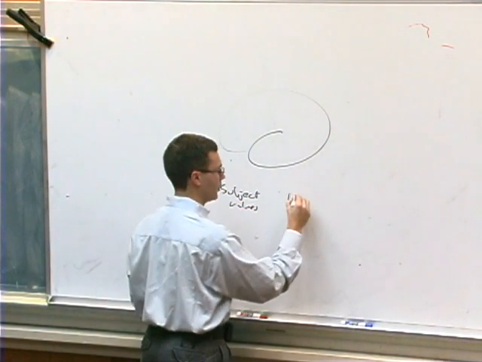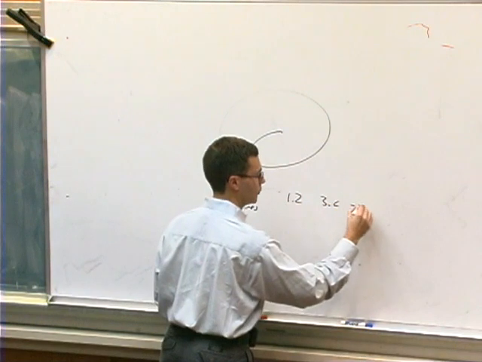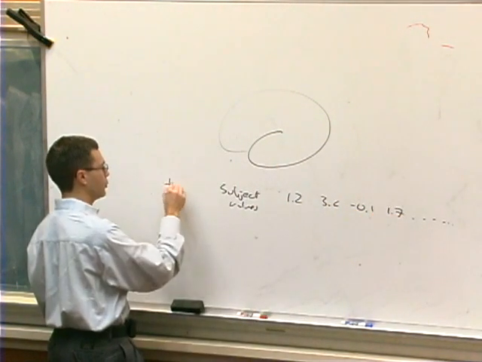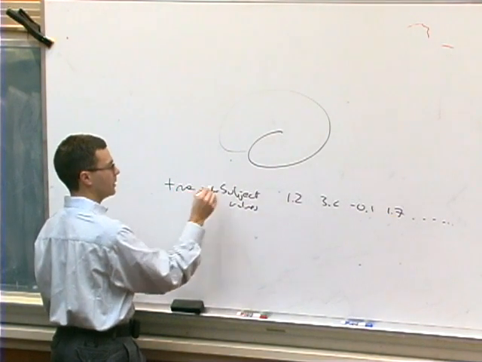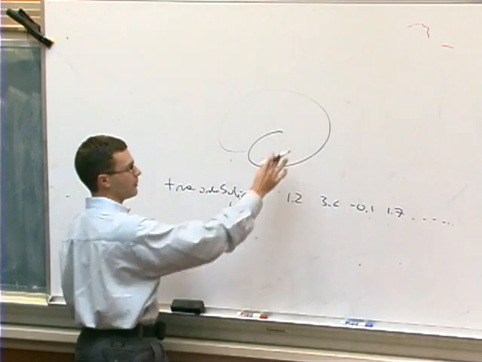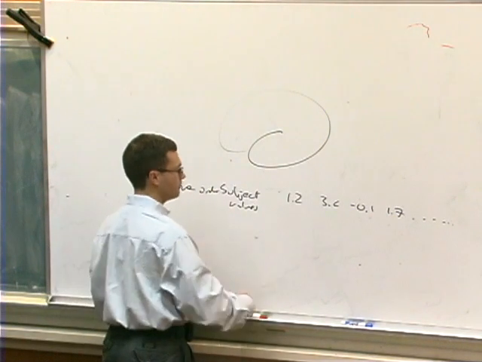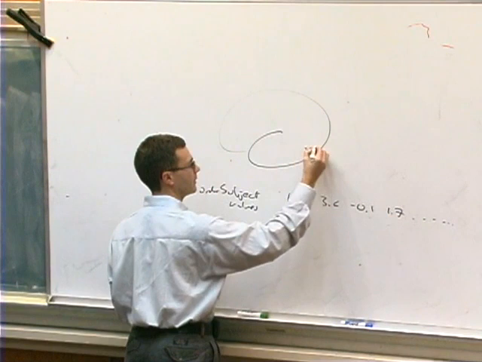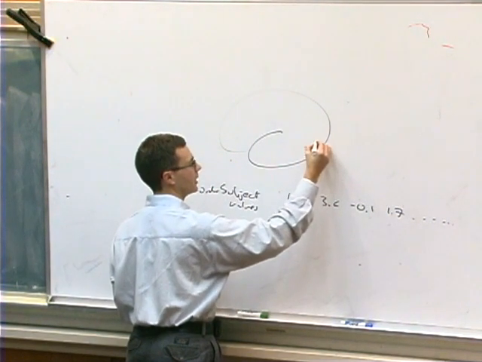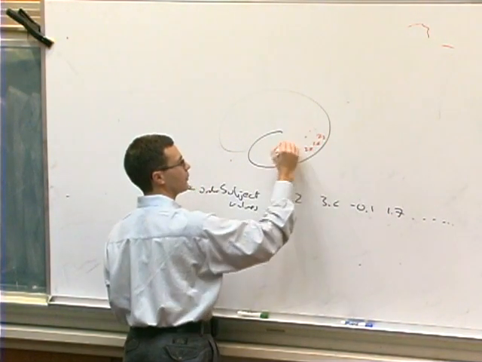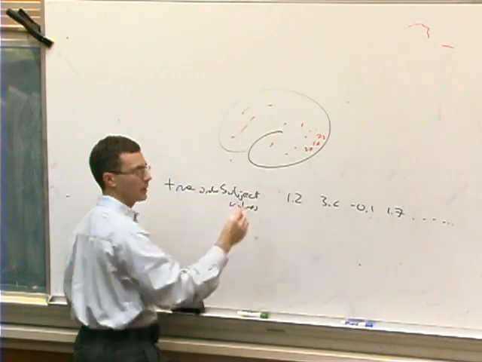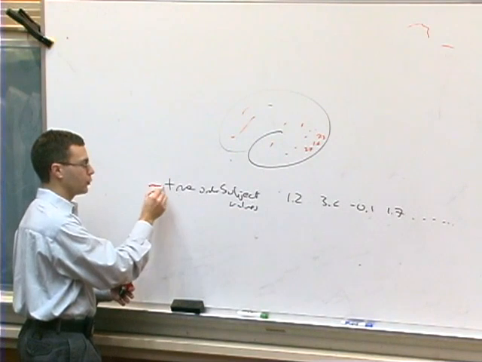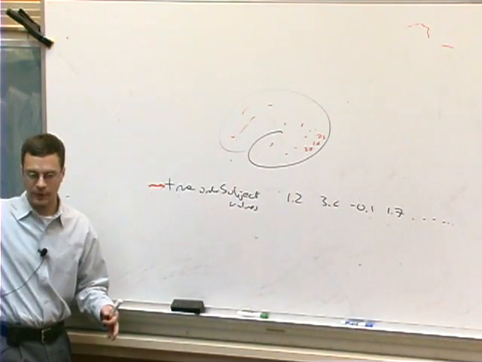And they were 1.2, 3.6, negative 0.1, 1.7, and so on. This was the true ordering. When I do the true ordering of subject values and make my statistical map, I have the following array of t-values. This t-value here came out to be 3.7. This one was 1.6. This was 7.3, and so on across the entire brain. So that would be one statistical map that would result from my analysis of the true ordering of the subject data. Everybody with me so far?